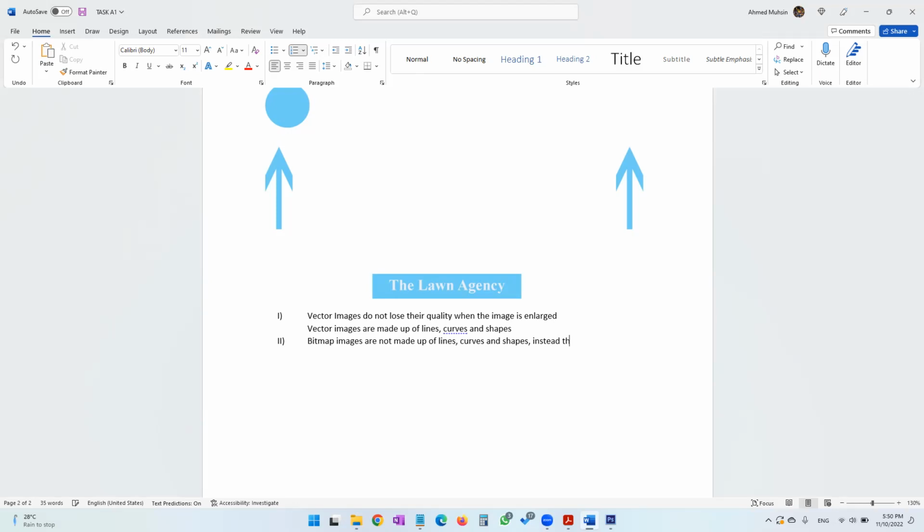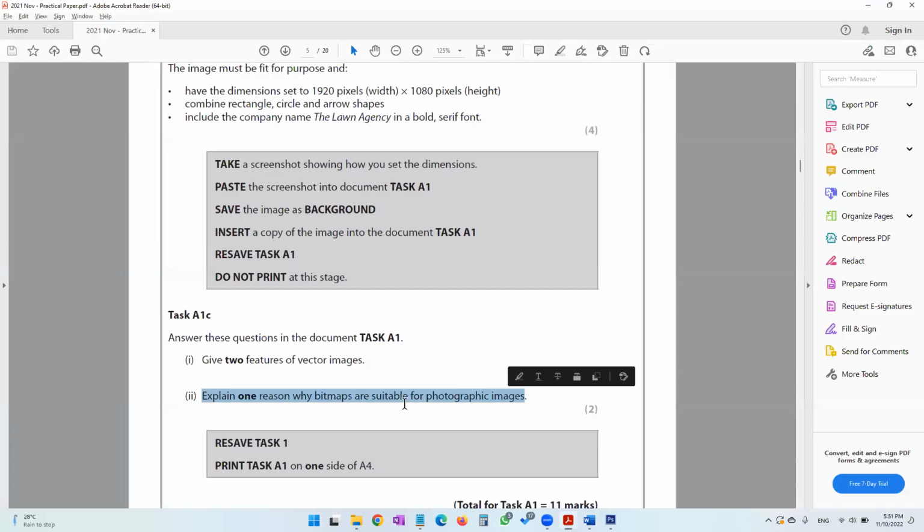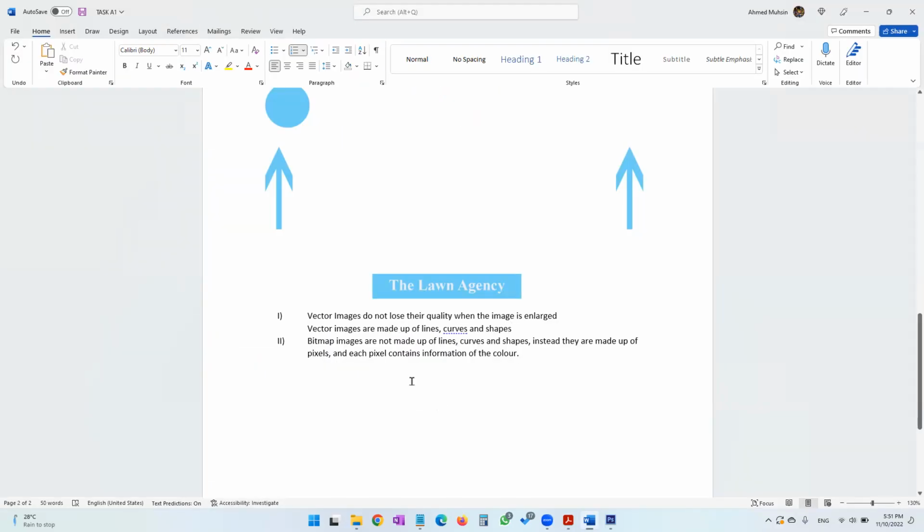Instead, they are made up of pixels, and each pixel contains information of the color. Okay. So bitmap images, they are ideal for photographic images because